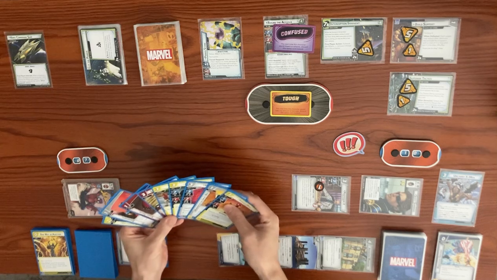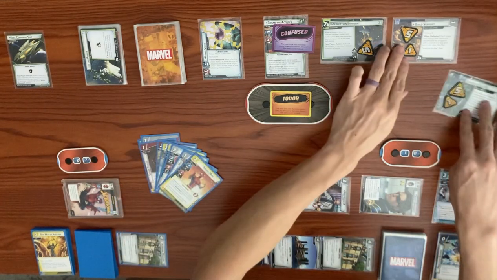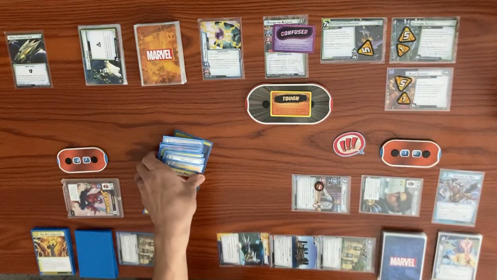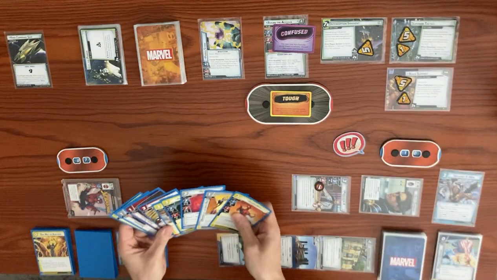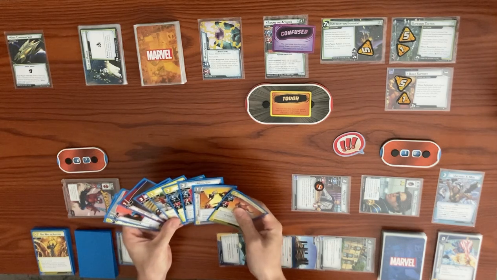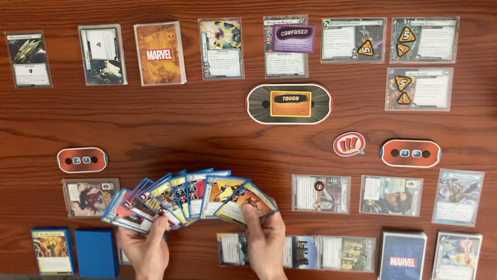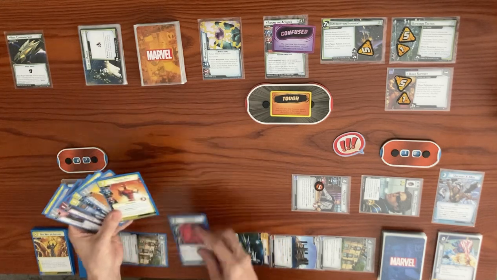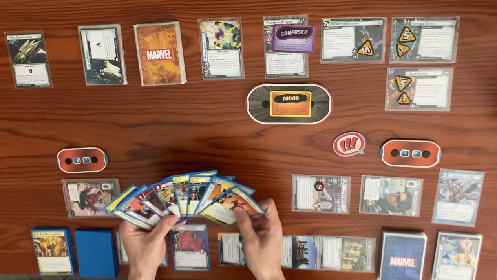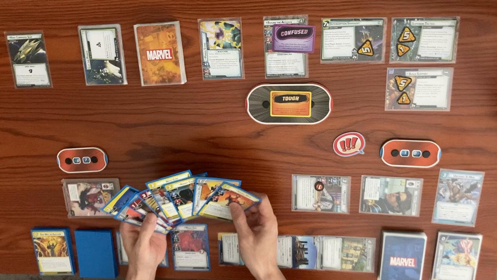Do we want to flip down? So he's confused. Actually, let's rearrange the schemes a little bit. Okay. Let's see here. We got our War of the Great Web. We can get Pavitri down. I think what we do is we actually just save Moon Girl for next turn. I don't want to have both players in Alter Ego. So for this turn, we want to focus on